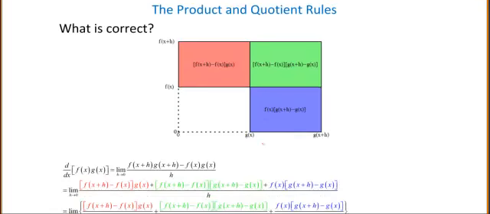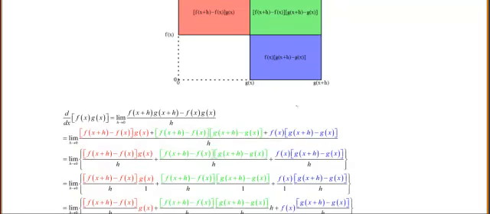With these three parts left, remember the area of this red rectangle would be f of x plus h minus f of x times g of x. The area of this green rectangle would be f of x plus h minus f of x times g of x plus h minus g of x. And this one would be f of x times g of x plus h minus g of x. So what we have is that this